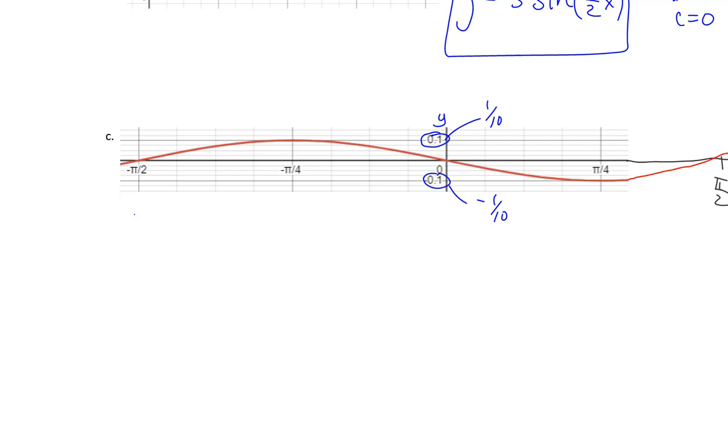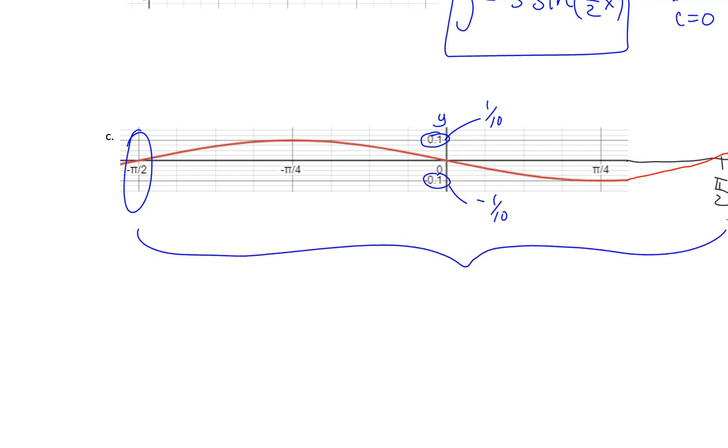It looks like one full period on this one, which was originally cut off. I extended it. If you think about the curvature of this graph, you could say it starts at negative pi over 2, goes up and then down and then back to the same place. So you could call that like one full period. And that distance, all the way from negative pi over 2 to positive pi over 2, would be just one full pi. Which means you could say